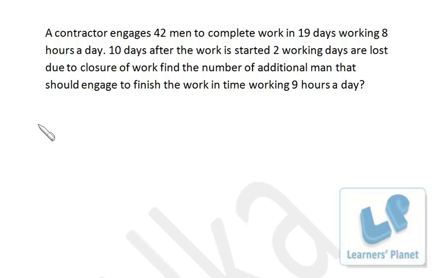So just listen to me carefully. He engaged 42 persons and the work is for 19 days, working 8 hours per day. So in 10 days, before any incident happened, 10 days of work has already gone. Now we have 9 days left. So for 42 persons working 8 hours per day, the work is of 9 days. So X persons, now we want the work to be finished in 9 days only,